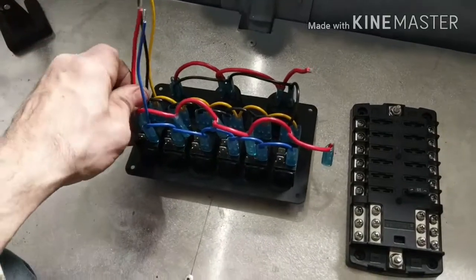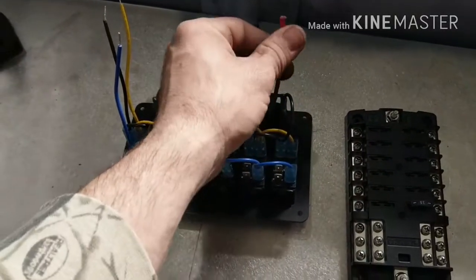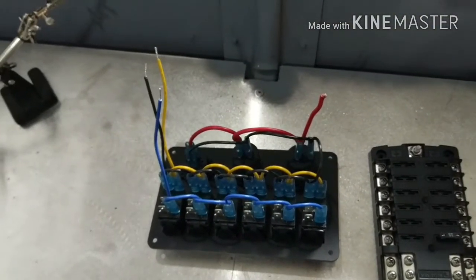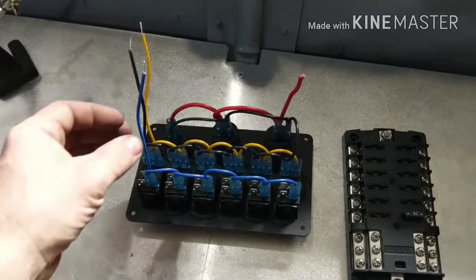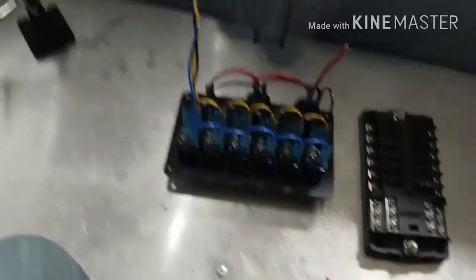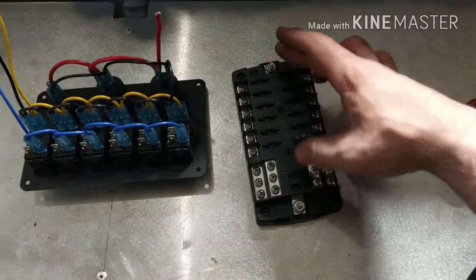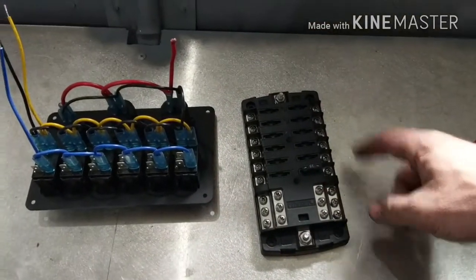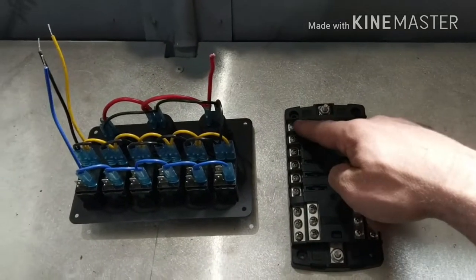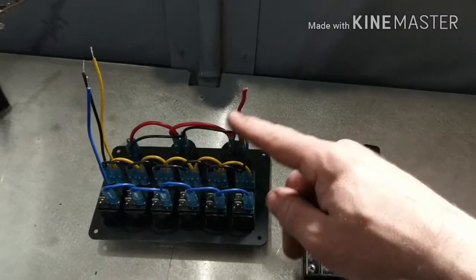So what I'm going to do is I'm going to pull off all this extra crap that I don't need. That leaves just this positive. That's going to power the voltmeter, USB and cigarette lighter, and this positive and negative, and the other negative. And what I'm going to do is I'm going to run main power to this fuse block. You got positive up here, negative down here. That's going to be constant power from my battery. And then I'm going to run, so let's say this one, this is the positive. It's going to go off to that one, which is going to power the USB, cigarette lighter, and the